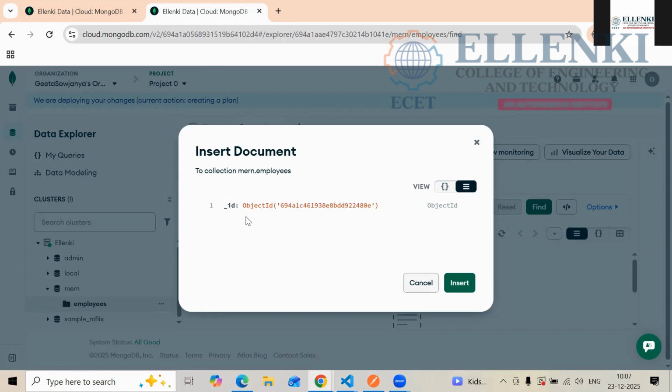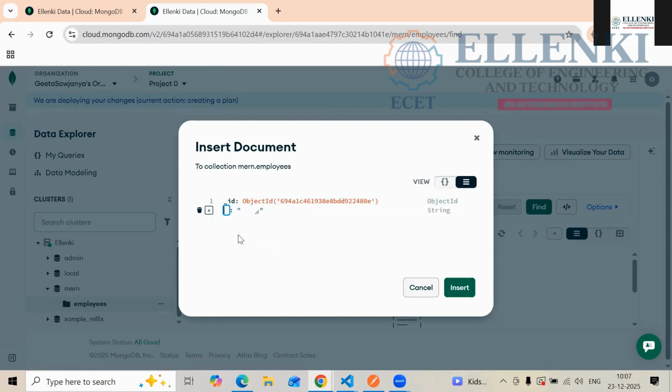So if you want to add data here, how are you going to add it? Here you are having the plus symbol. When you come to this line, it will show us one plus symbol. Now here you have to add field after id. Okay, is it clear to everyone?